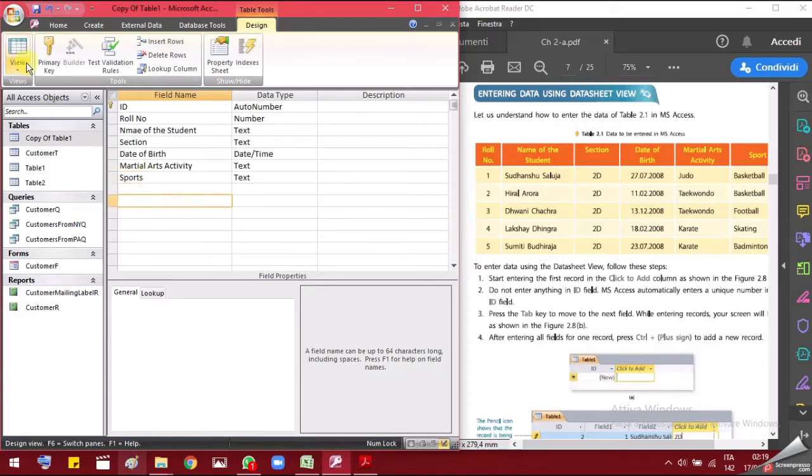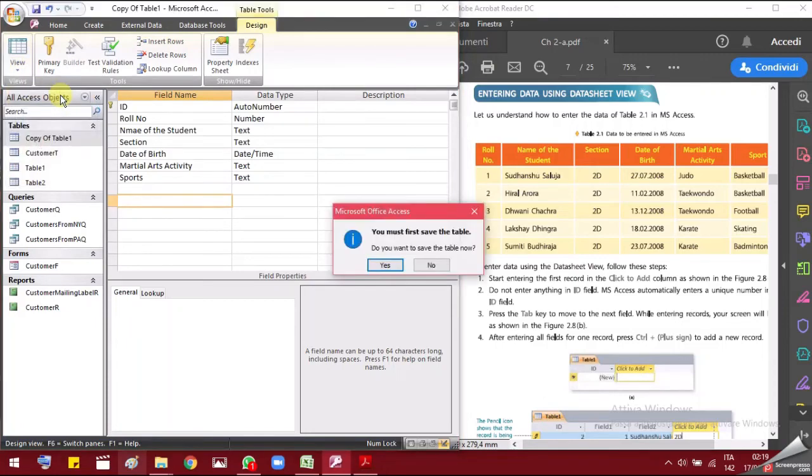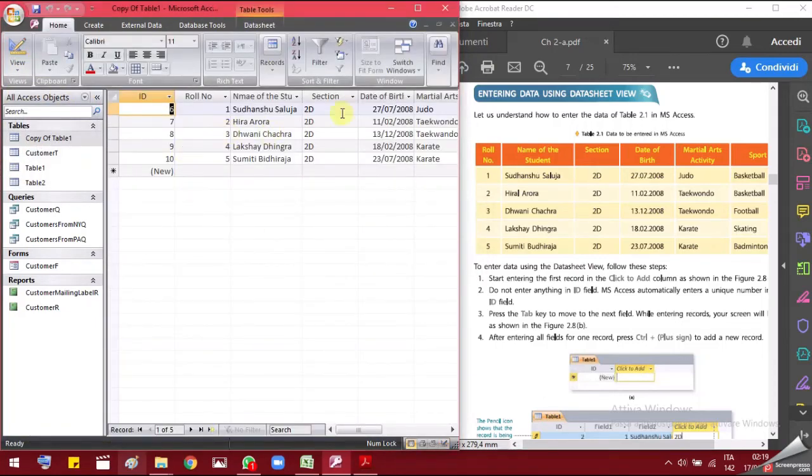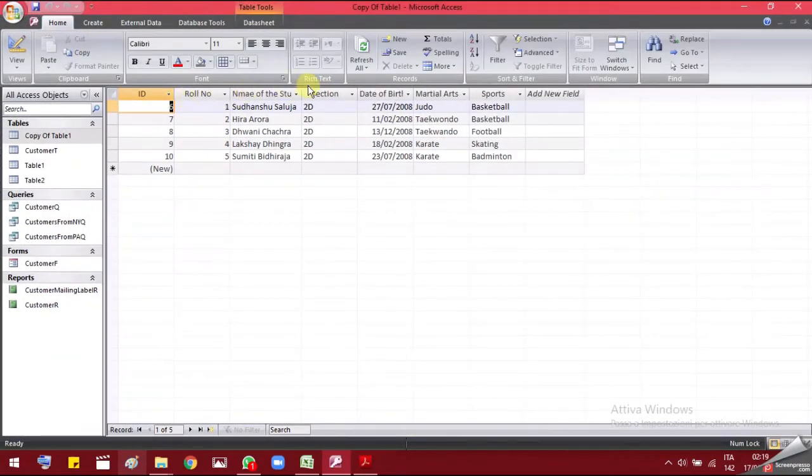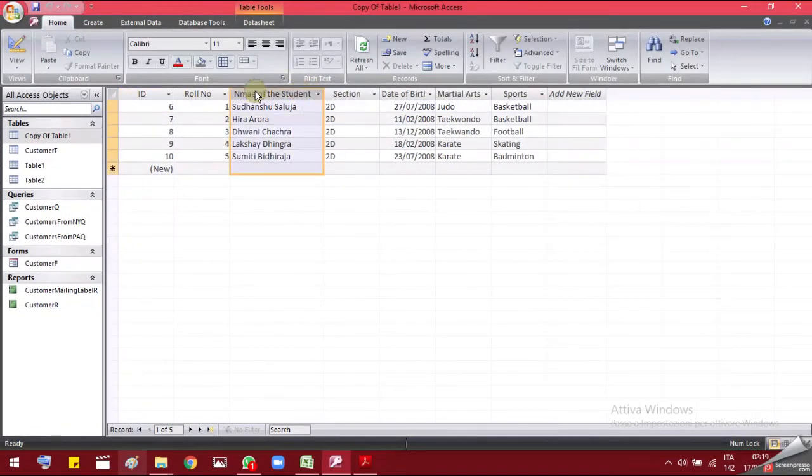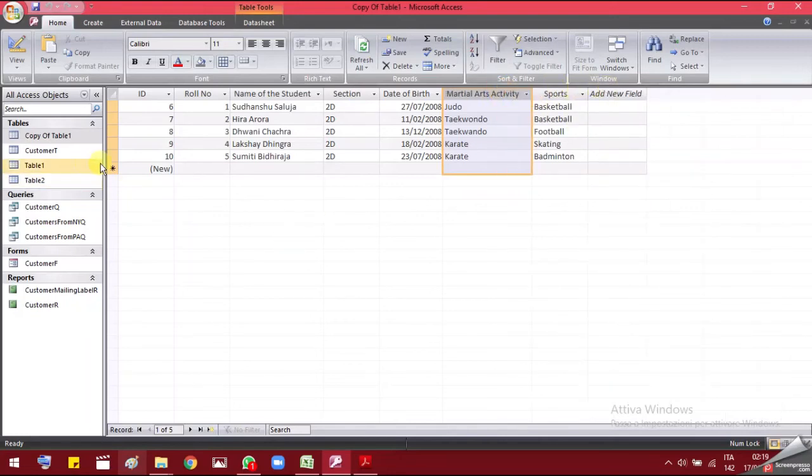So once this is done, we go back again to the datasheet view, and this time when we go there, see it has already been changed. If there's an error, you can always change it here. So this is how your Access database will look